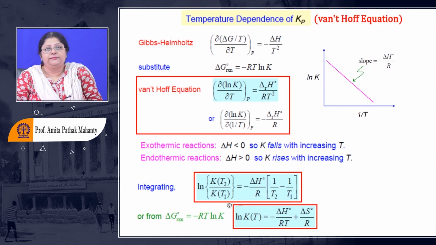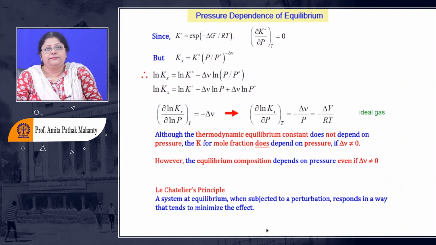So these are only expressions for further evaluation. This is the extended form of the Van 't Hoff equation, which says ln K, obtained from the reaction equilibrium, will be equal to minus delta H by RT plus delta S by R, which we have just taken. You can raise it to the power e to find the expression which we had dealt with.